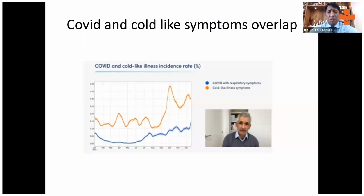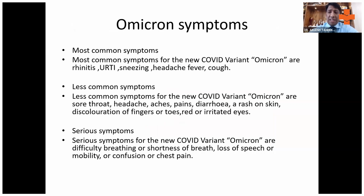But the two or three variants may coexist together, so there may be an overlap of symptoms. Some patients may have symptoms of Delta and also symptoms of Omicron. So COVID and cold-like illnesses are also rising. Last year we saw only COVID cases identified, but now we have seen COVID and respiratory infections associated with concomitant infections of influenza, para-influenza, and respiratory syncytial viral infections coexisting with COVID-19 infection. And the different strains of COVID-19 like Delta and Omicron variants have also contributed to common cold-like illnesses, and the symptoms are not exactly a lot